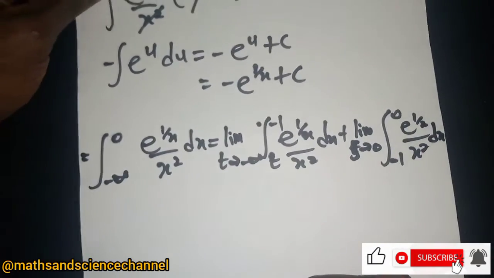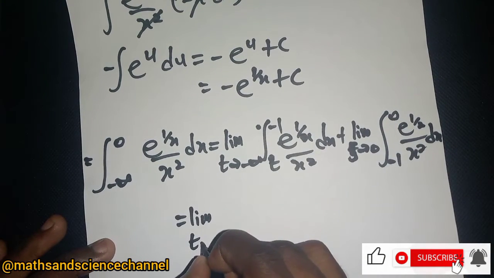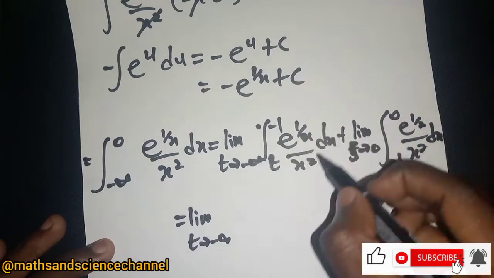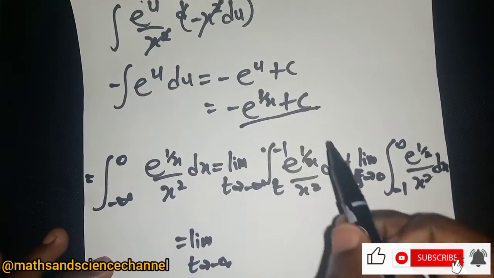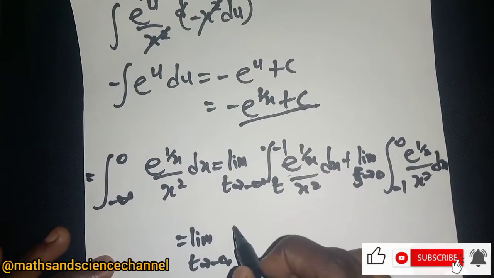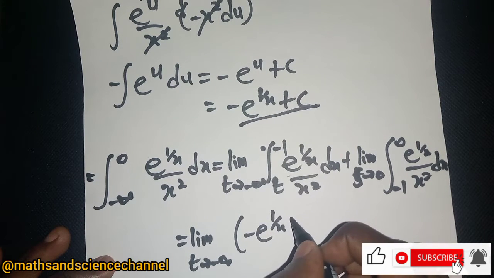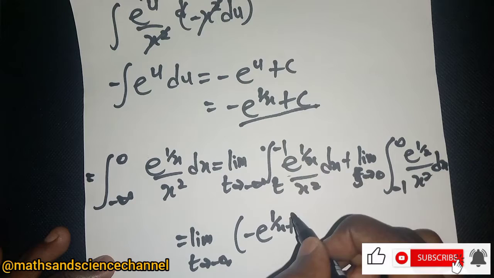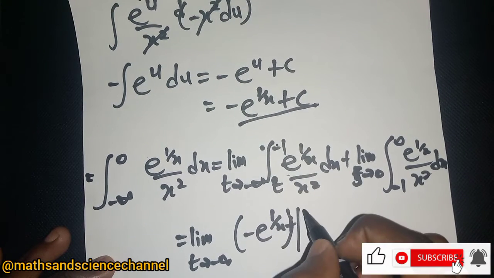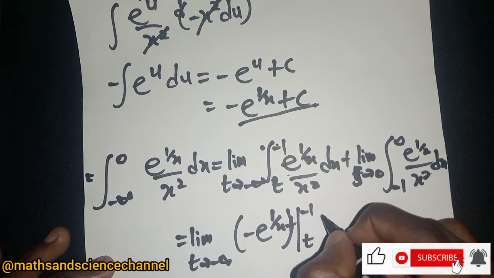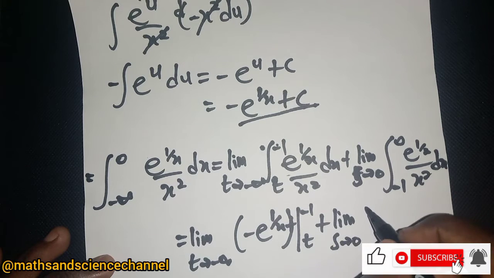So this is what we have. So let's integrate that. Integrating that, we have t going to negative infinity. The integral of this, we said generally will give us this. So integrating this, we have negative e to the 1 over x here, plus, so we are taking away there because this time we have limit over here, the limit negative 1 to t, then plus the limit as s is approaching that, we have